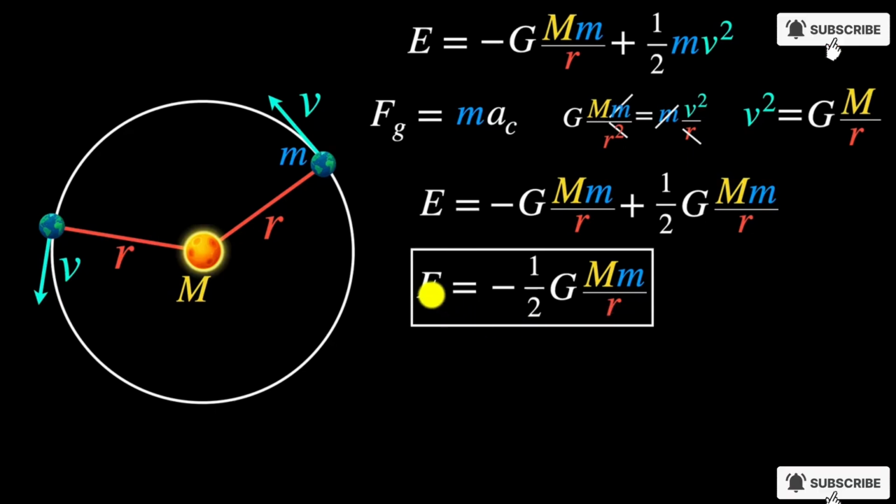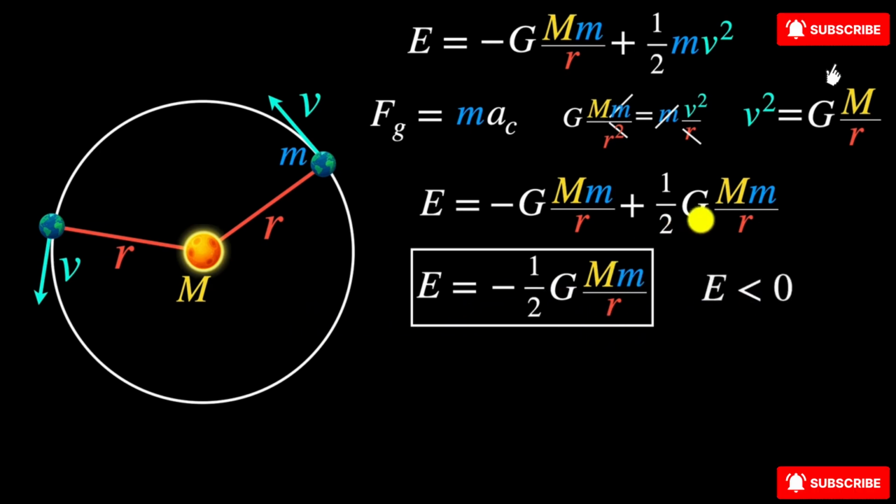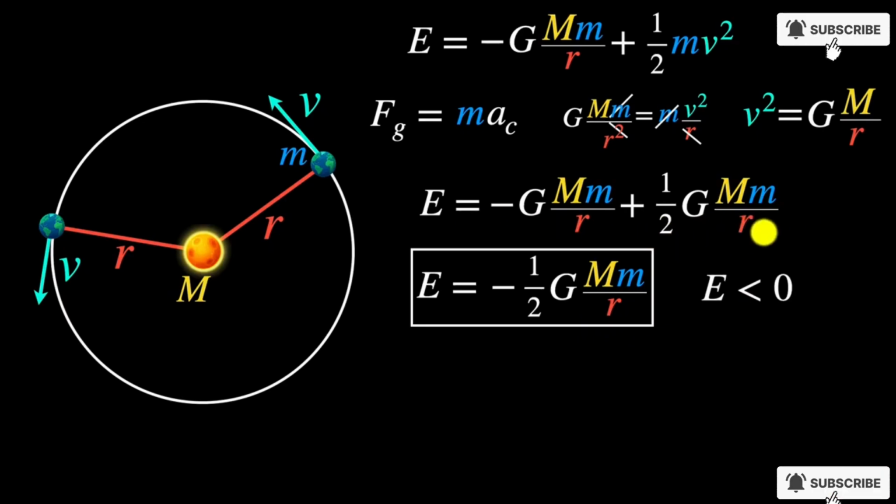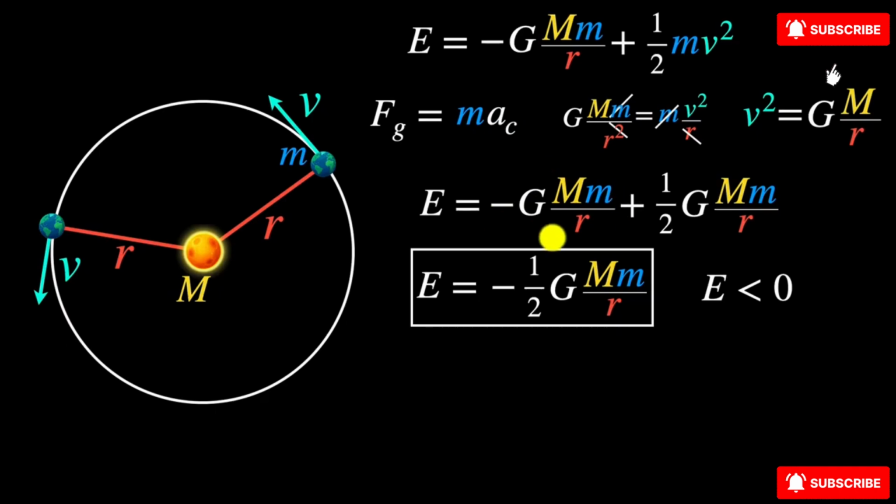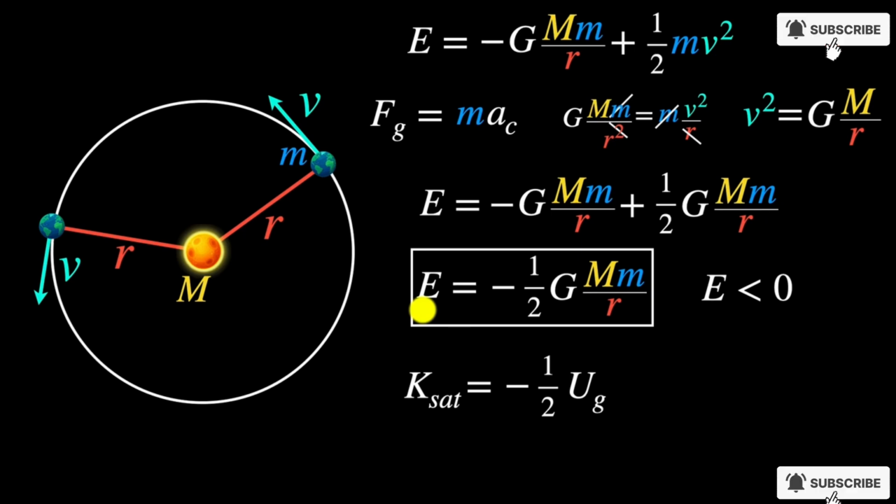Okay, so the first thing I see is that the energy of this entire system is negative, because remember, these numbers are all positive. But there's something else. Look at the expression for kinetic energy. For circular orbits, what do you notice? Well, it's similar to potential energy, except we don't have a negative sign and we have 1/2, which means the kinetic energy is -1/2 of potential energy. And similarly, even the total energy can be written in terms of potential energy. We can say the total energy is half of potential energy.